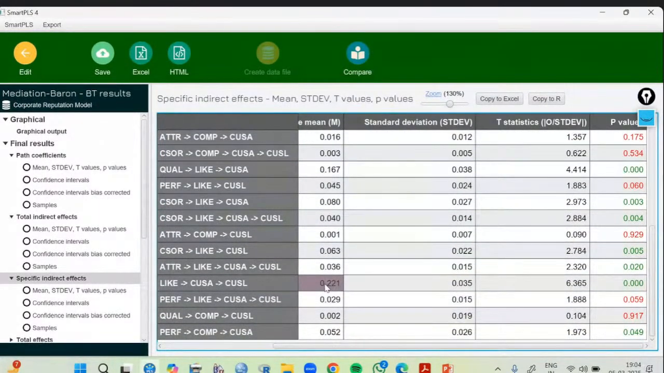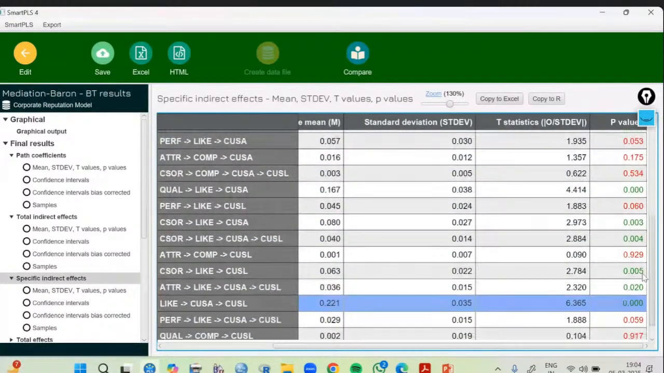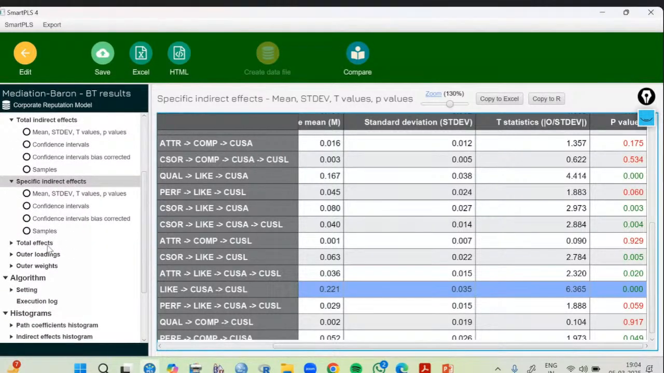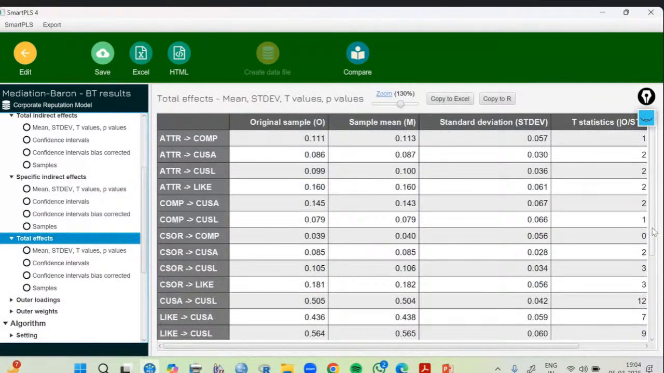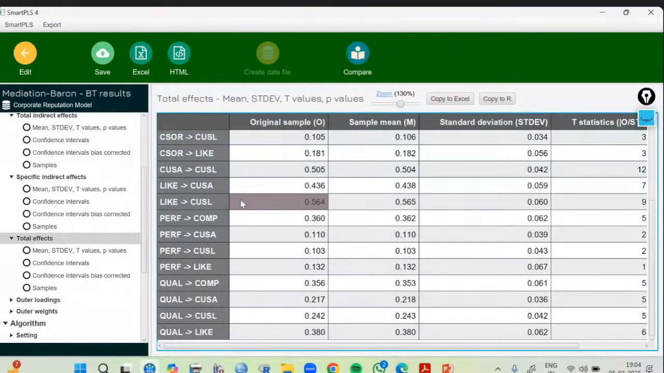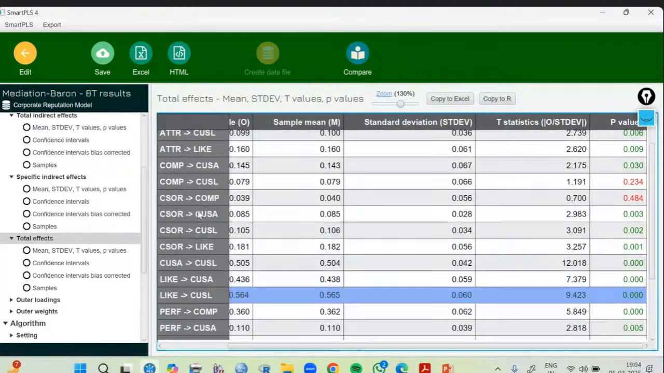Likability, yes, this relationship is significant. So both indirect effects are significant, and then we can check the total effect. Whether the total effect is significant or not makes no difference, we will check only the direct and indirect effect. So the total effect of likability and customer loyalty is significant, and competence and customer loyalty